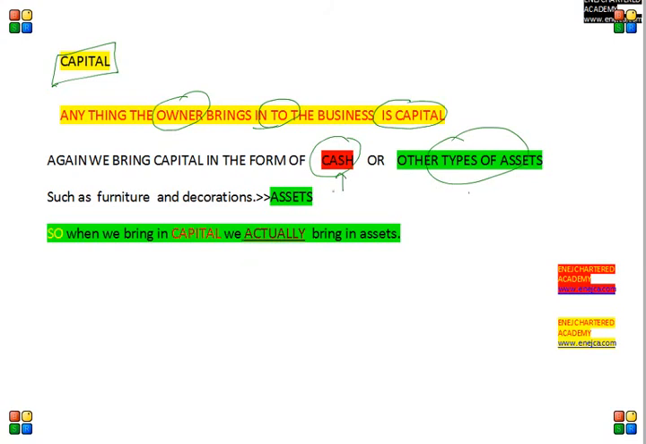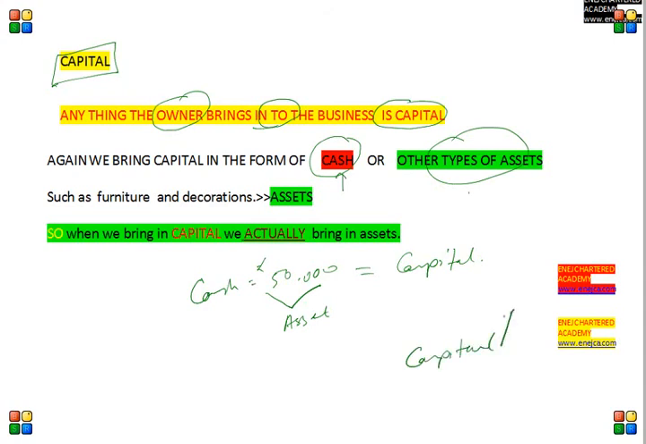So when we are bringing in capital, like I bring in cash 50,000, so this 50,000 is my capital. What we need to focus on is this 50,000 is also my asset. So when I am bringing in capital, my capital position is raising. Again, my asset position is raising. We need to be very careful on these situations. Alright, I hope you got